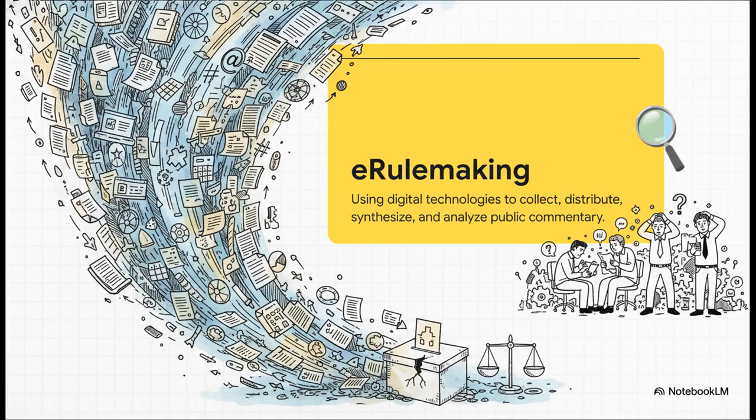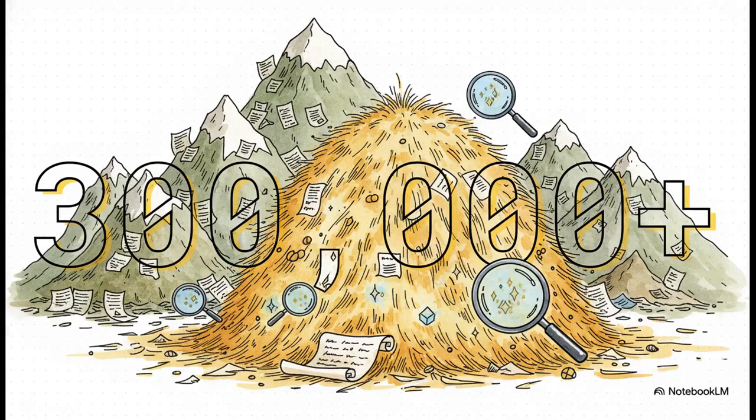I mean, how could a small team of government workers possibly read and analyze this tidal wave of digital feedback? This wasn't just a tech problem. It was a potential crisis for democracy itself. Just to give you an idea of the sheer scale we're talking about, get this. When the USDA was creating its National Organic Program, it got over 300,000 public comments on the proposed rules. Think about that. One government agency, one single rule, and a mountain of text. How on earth do you find the good ideas buried in that giant haystack?